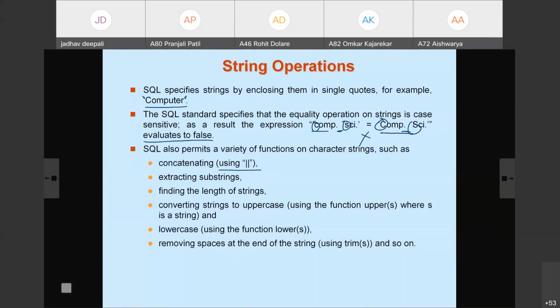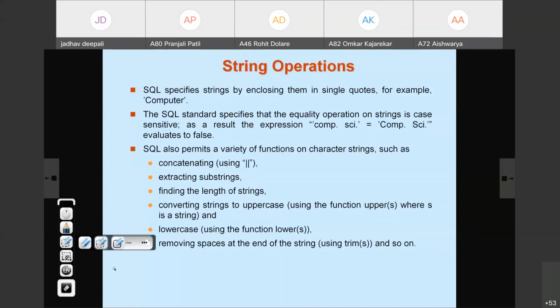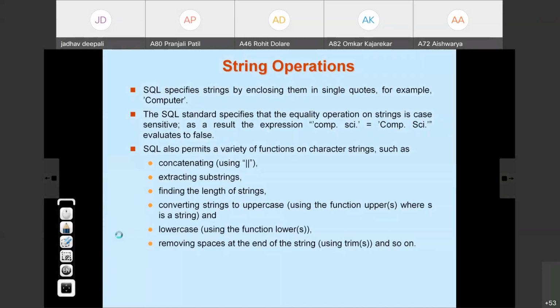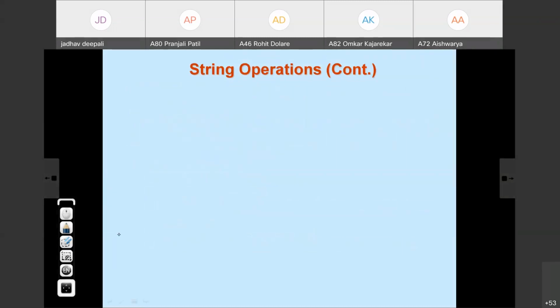It also allows finding the length of the string, converting a string to uppercase with the function upper(S), where S is the string, converting it into lowercase using the lower(S) function, removing spaces at the end of the string, and so on. Many functions are provided there. Some are mentioned here. Now, how to recognize strings or patterns in SQL, we are going to see with examples.